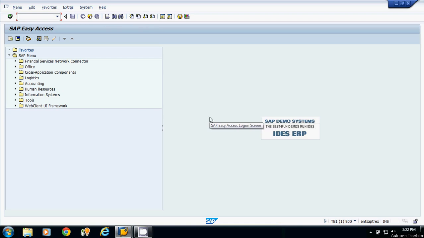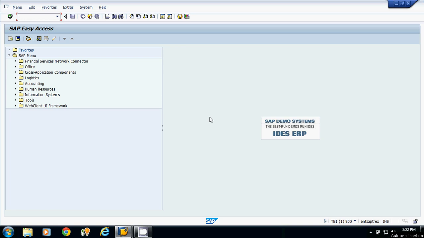Hello everyone. Our today's topic is a continuation of Smart Forms. In today's topic we will cover how to upload graphics or images in Smart Forms. Generally, whenever we have a layout, at the top we have some logo of the company or some images at the top of every layout. So in this topic we will discuss how to upload graphics into Smart Forms.